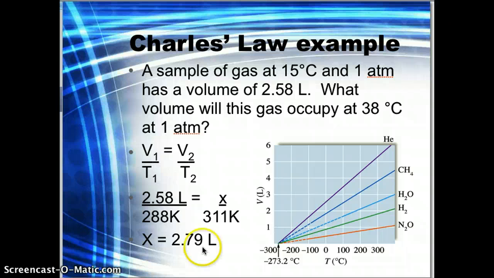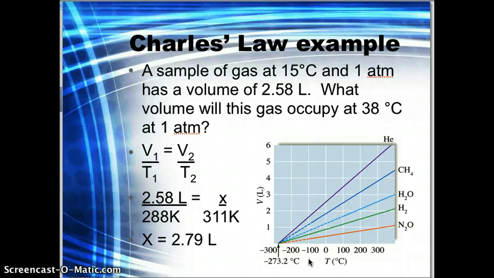Then if you look over here, here's a little graph. This graph shows this direct relationship between volume and temperature. So as I increase my temperature, my volume gets larger. A great example is if you have a balloon and you've ever gone outside where it's cold with your balloon, maybe had it in your car or something like that, and you've noticed that the balloon, in the colder temps, has seemed to deflate a little bit. You bring it back inside where it's warm, and then you notice that your balloon is nice and full again.